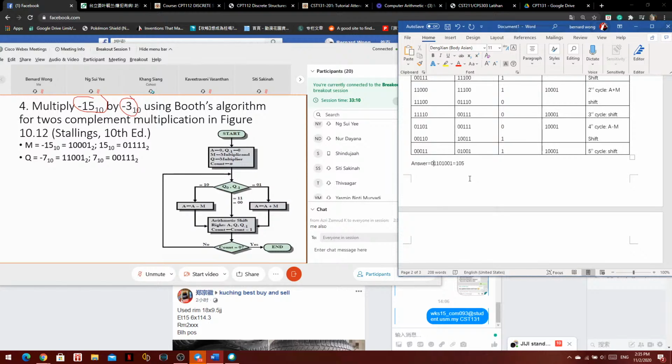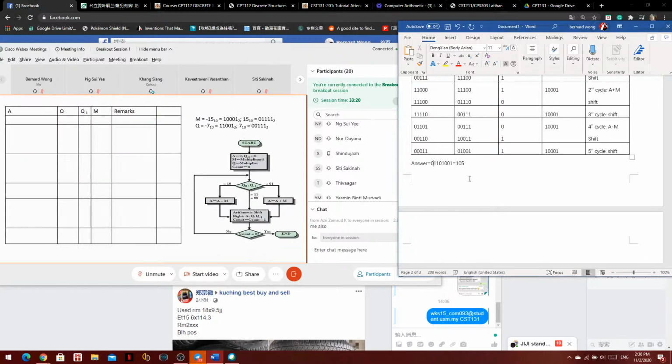Actually, for -15, you can represent it using this, and then this is the respective part of 15, and then this one, -7 and 7. So the step here will be like this. Just try to follow me. I'm not sure whether you all can follow, because it's a bit hard to do this online. So first things first,